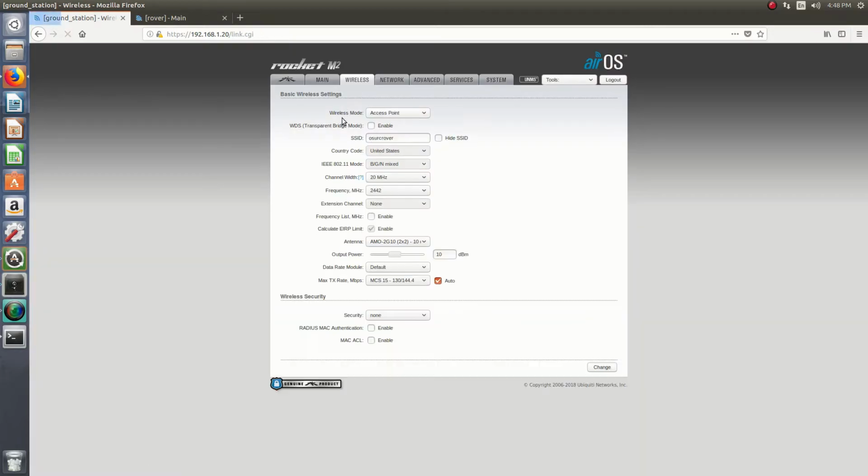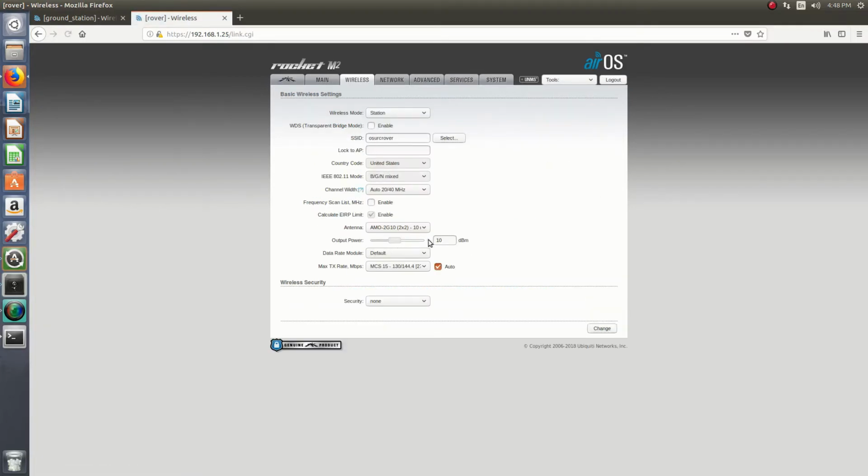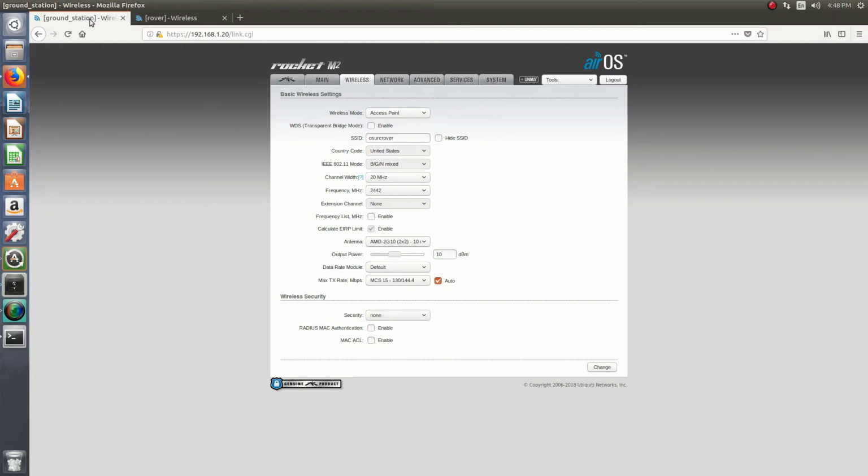On the wireless tabs for these, you'll get common controls such as output power, which is the most important one. Currently they are turned down to 10 dB, but they go all the way up to 28. Make sure to turn it back up to 28 before doing long distance driving. But in enclosed environments, 10 is a very useful number so that you don't get too much power in a